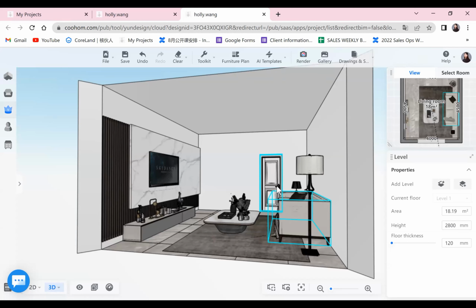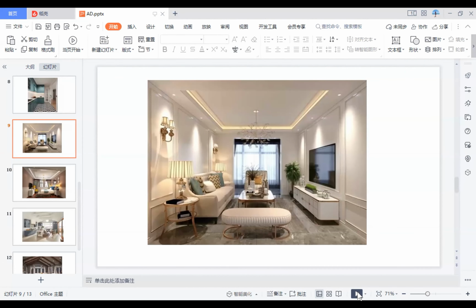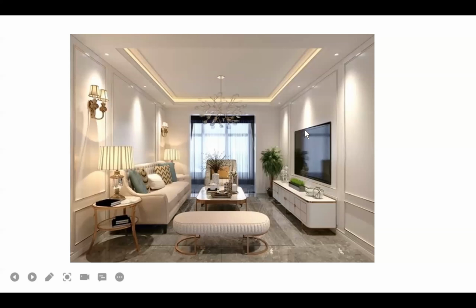Today in this webinar, we will mainly introduce the way how to decorate the ceiling. So here I have prepared 5 different pictures. For each of the pictures, we have a different style of popular ceiling. So let's take a look together.